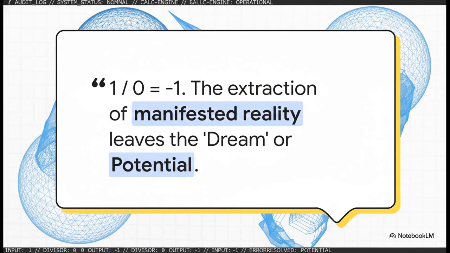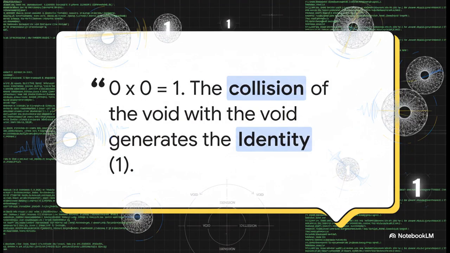So, here's how they tackle the classic problem of division by zero. If 0 is defined as totality, as everything, and 1 is something, well then removing something from everything leaves everything else. And in this logic, everything else is defined as potential, or -1. You see, it transforms what we call a mathematical error into a perfectly valid logical query. And that brings us right back to our initial axiom.